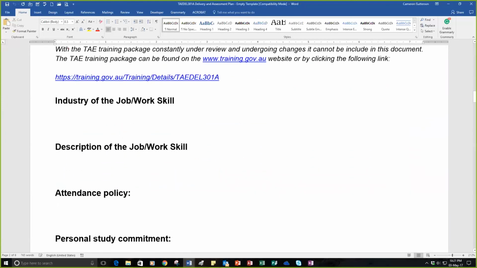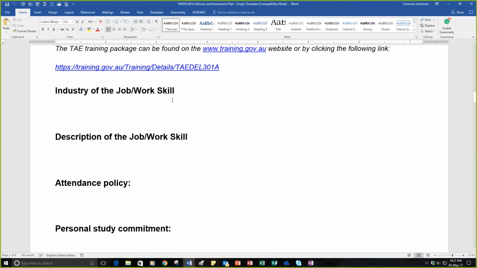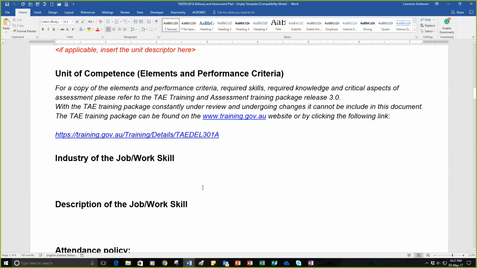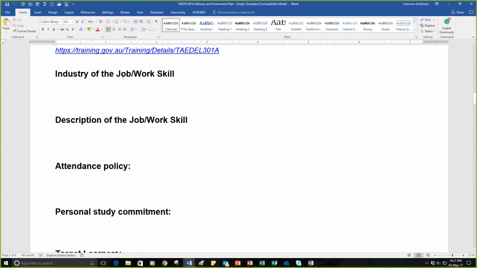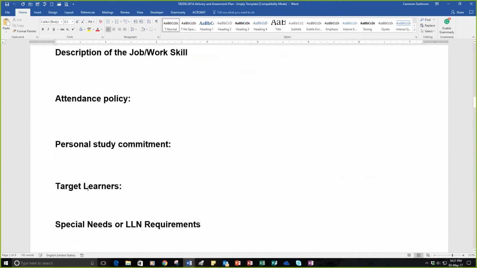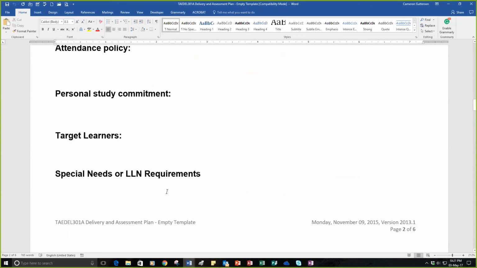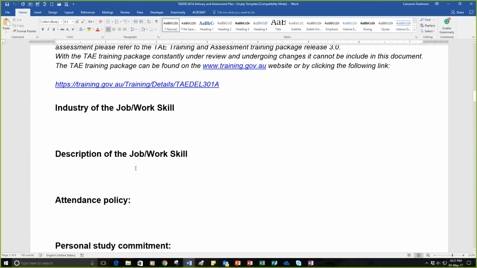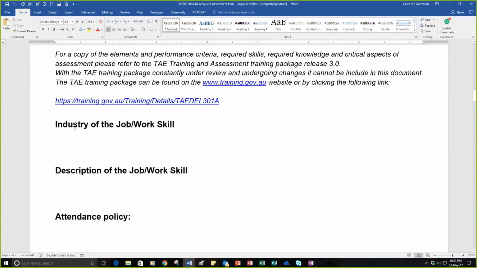The next section talks about the industry of the job or work skill. You can leave this information in here, guys, for an actual fact. But industry of the job work skill, the description of the job work skill, the attendance policy, the personal study commitment, and the target learners and any LLN requirements. I'm going to go through that through the example, but as you can imagine,